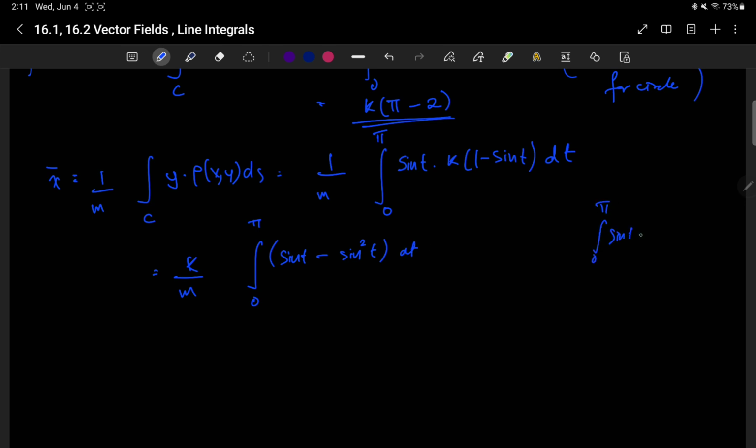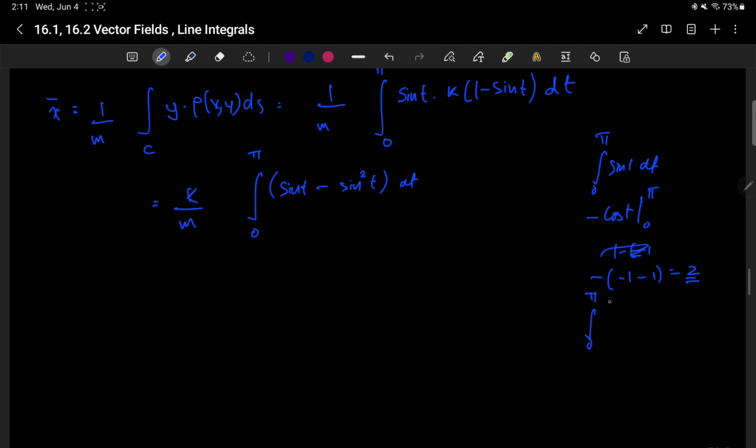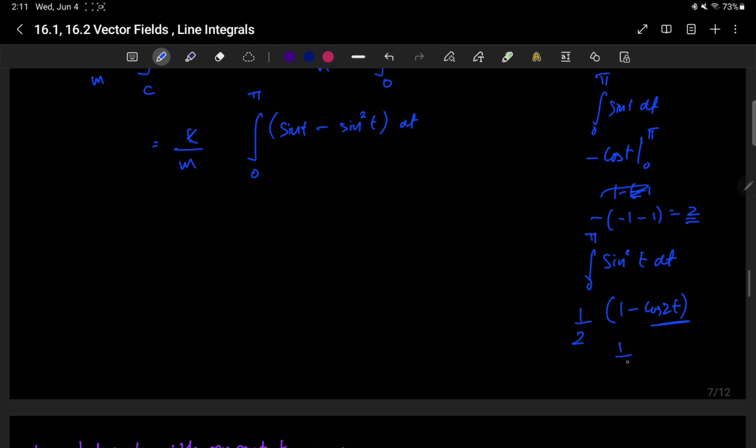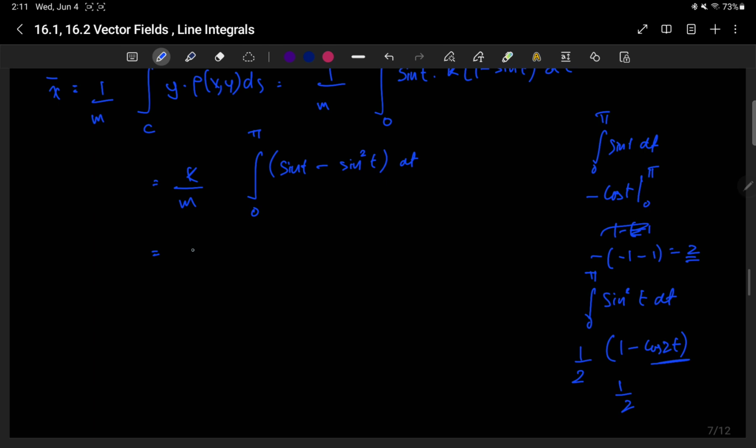The integral from 0 to pi of sine t dt is negative cosine t from 0 to pi, which becomes negative 1 minus 1 negative, which is 2. And for the integral from 0 to pi of sine squared, we've seen this, we have to use the half angle formula, which is 1/2 times 1 minus cosine 2t, and the cosine part will give me 0, so I'll just have a half times pi from here. So I have k